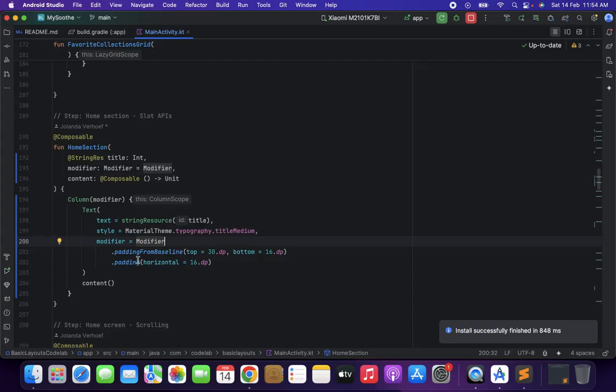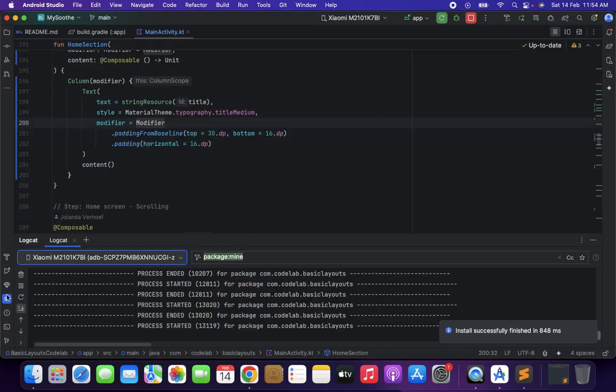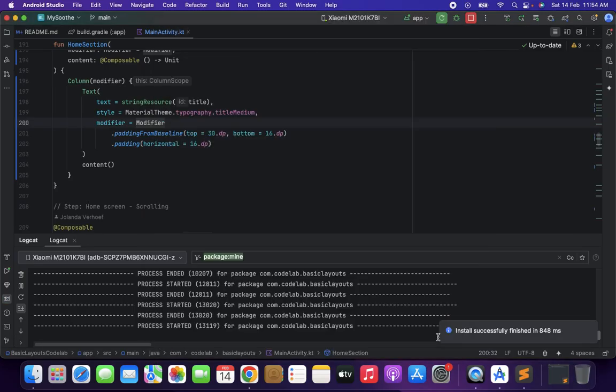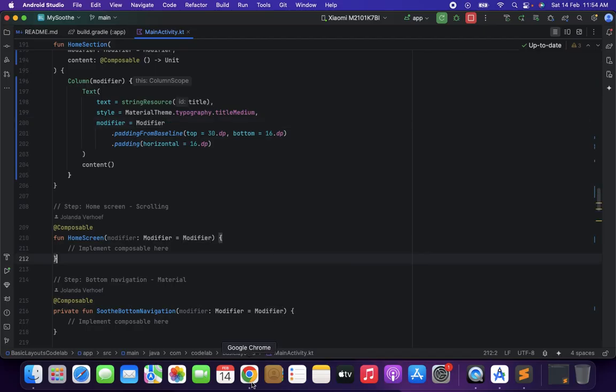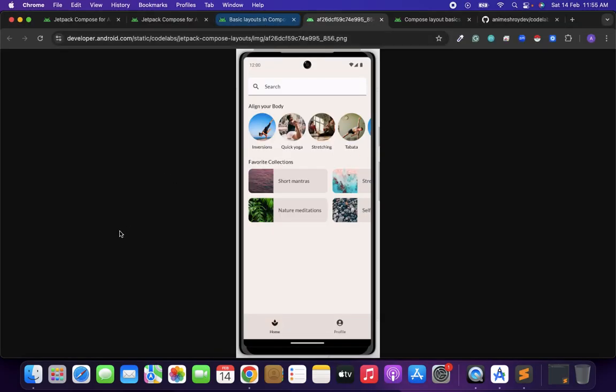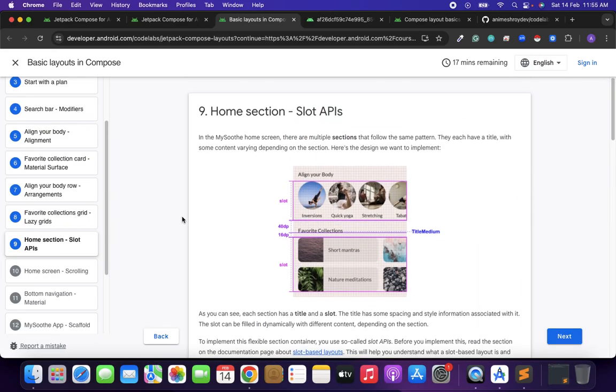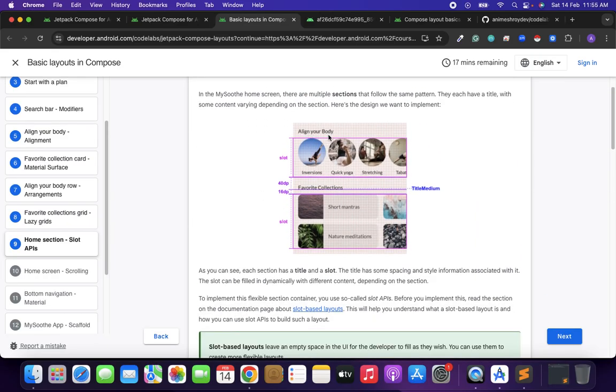So now it's looking good. Let me show you the logcat that now the application is looking good. So basically this section is about the slot API. What is slot API? Actually, because we have this pattern, it's the same, right? There is a text view and some content which is slot. There is a text view and some content which is a similar pattern. So what we did is